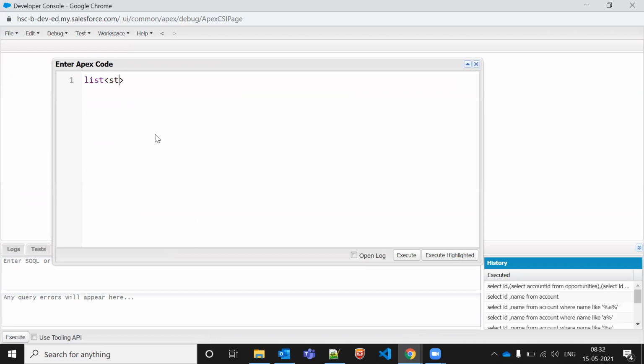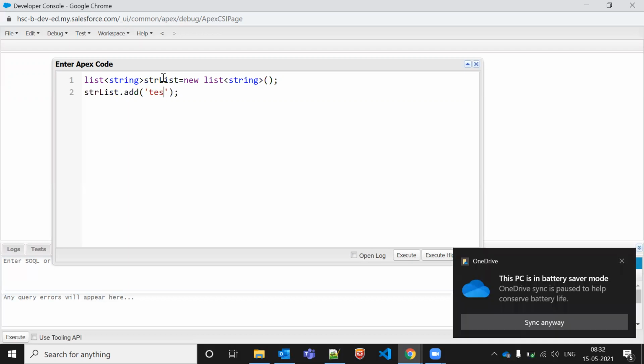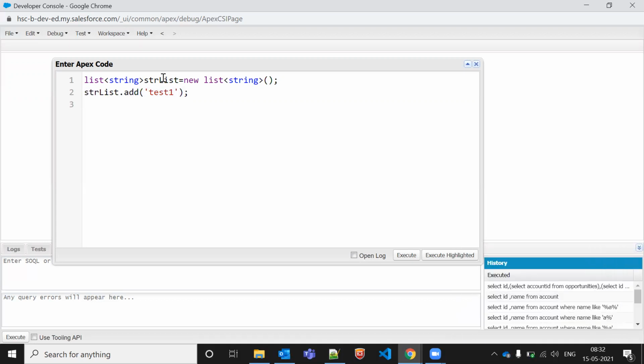I'm trying to make it a list of strings. I'm adding 5.